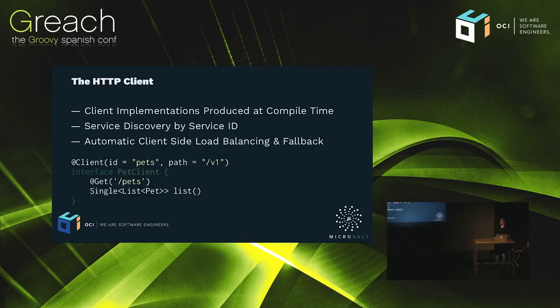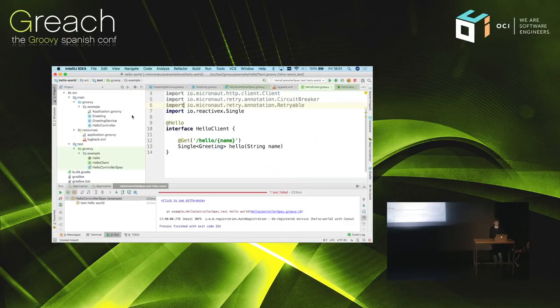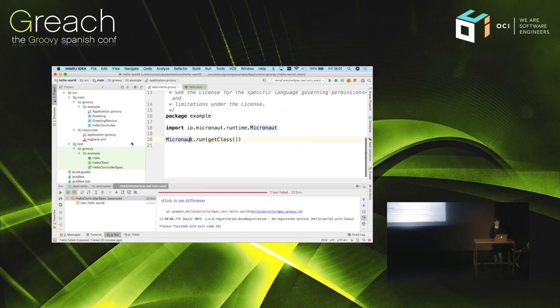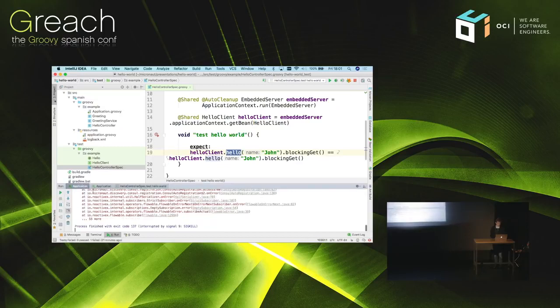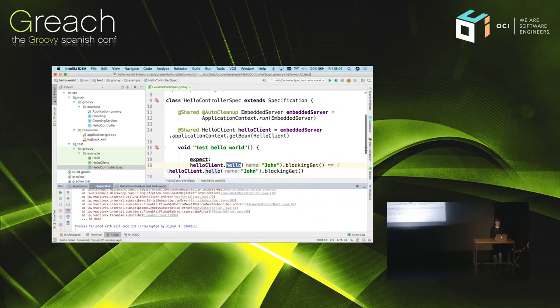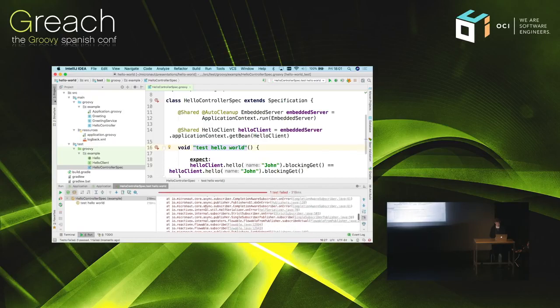Client implementations are produced at compile time, with service discovery by service ID. You get automatic client-side load balancing and fallback. I actually completely forgot to demonstrate that as part of my Hello World. I'll just go back and demonstrate that right now. Basically, if you're in my Hello World application here, say I stopped all my servers, so I don't have any servers running, and I essentially tried to run my test here, what you would get is an exception saying something like,